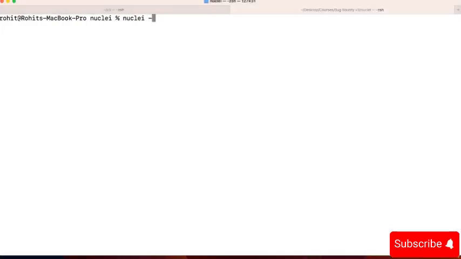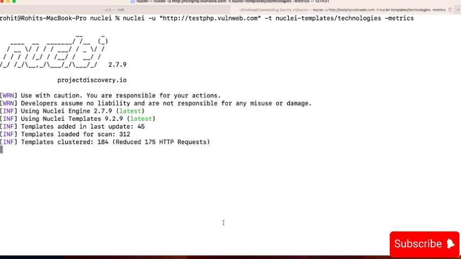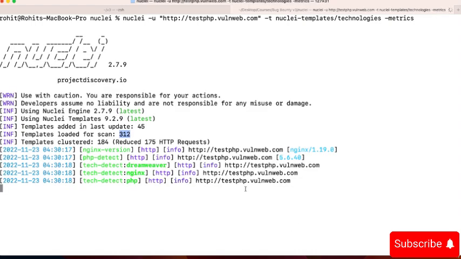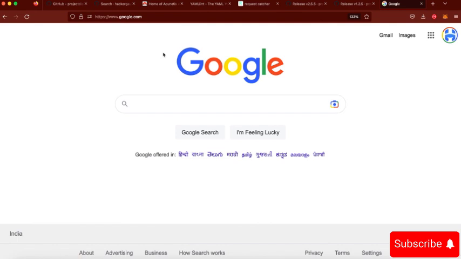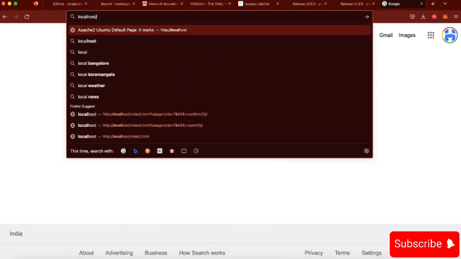So I'm going to start a scan quickly on a target URL, which is test.php. Let's specify a template. Let's say we run all the technologies-based templates over here. And you can see in total 312 templates have been loaded. Let's quickly go to localhost